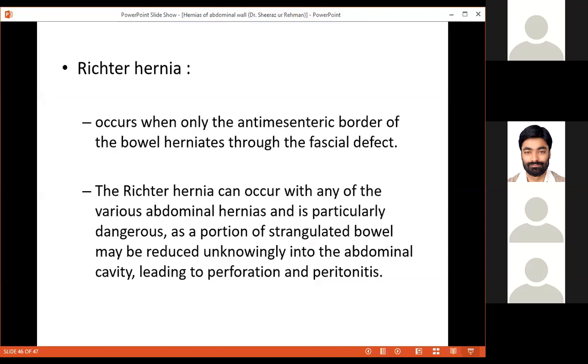And then we have a rectus hernia, which occurs as an anti-mesenteric bowel hernia through a fascial defect. The mesenteric side is basically the side through which the blood supply is coming, and the anti-mesenteric side is the opposite. So when a portion of the bowel gets involved, okay, so that's what the